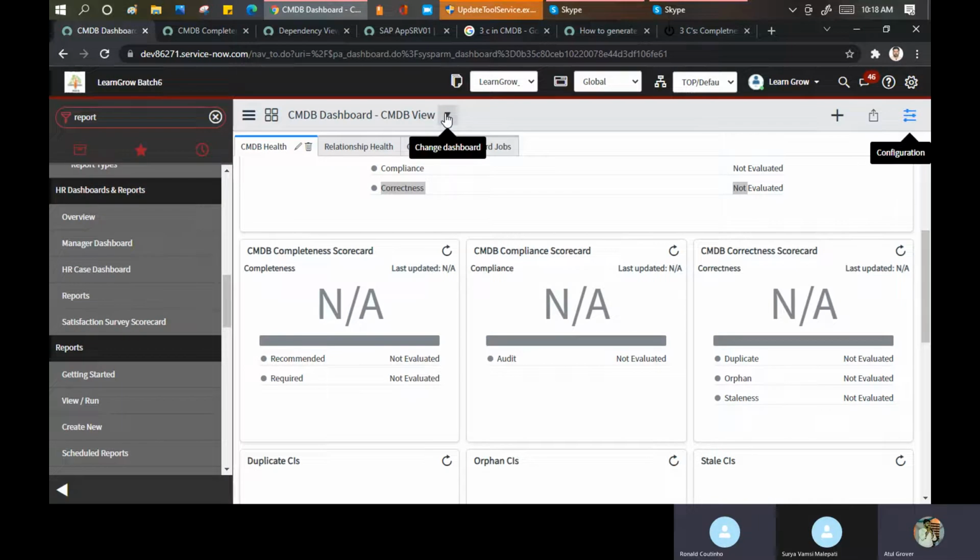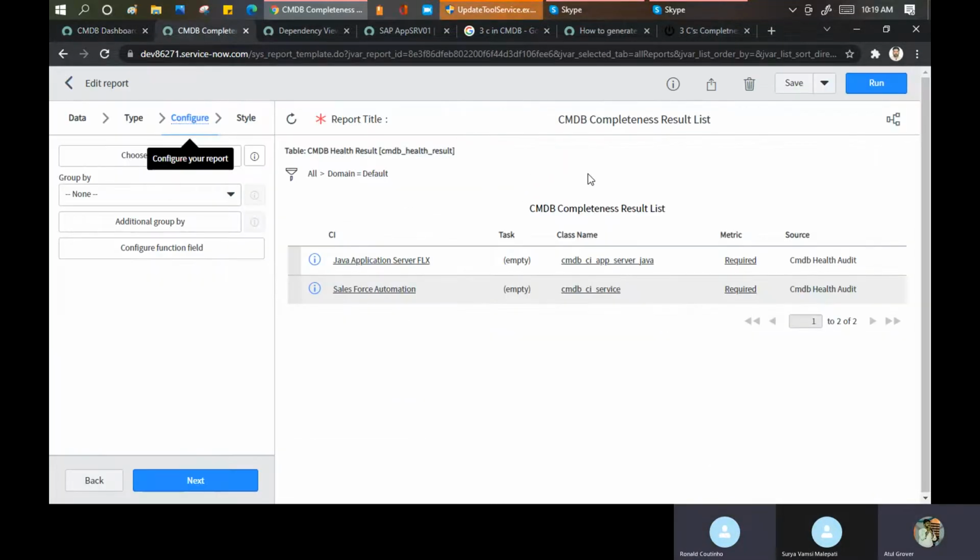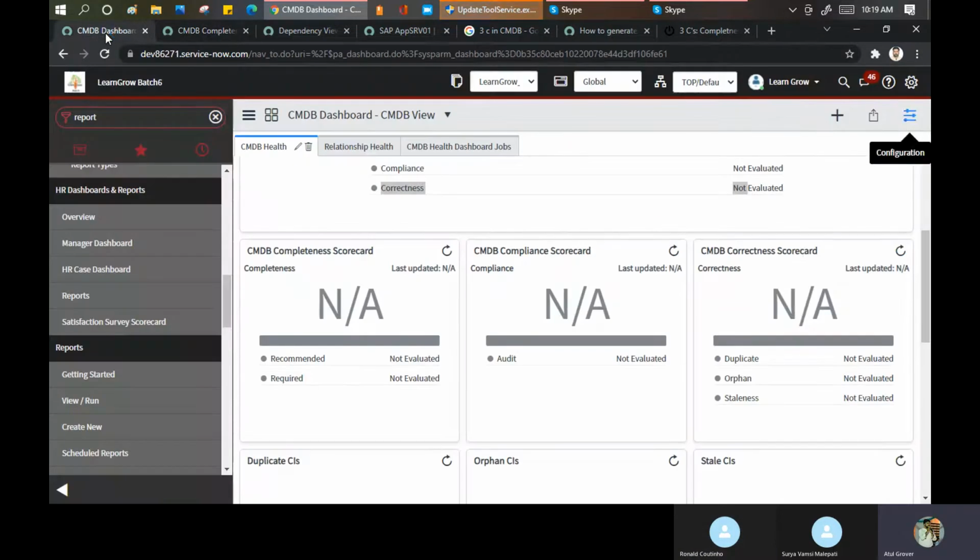I know there is no data over here, so I can't see it. I'll check it out, but I'm surprised that it's showing like this. We have dummy demo data. Completeness and correctness should be there, at least for the one we created, at least one record should come. Maybe the metric is not enabled or something. Yes, correct, that linkage is broken. Otherwise, I've done 5-6 CIs and I know they are not complete and not correct. At least it should show me these two things, right?